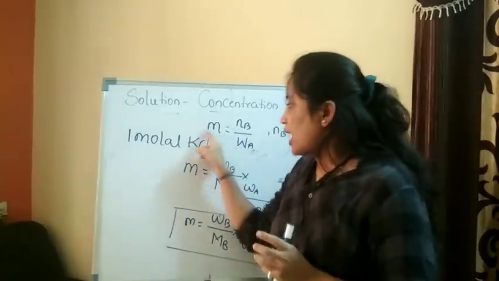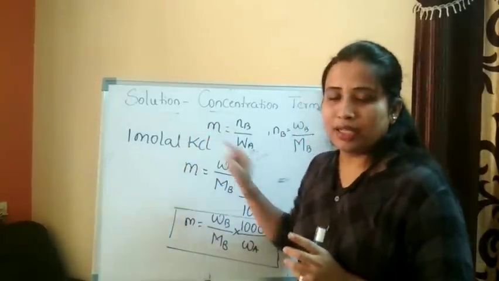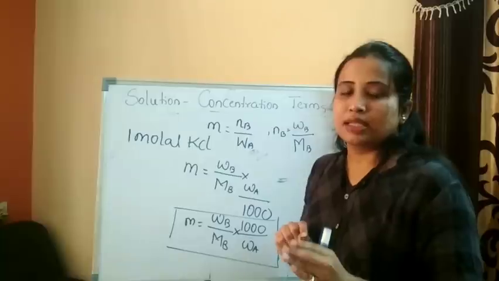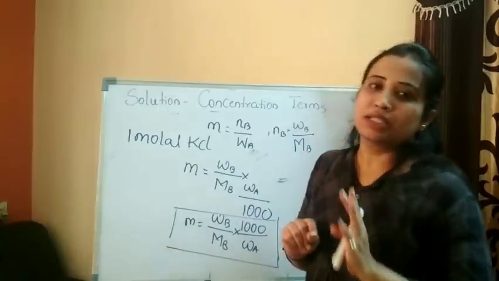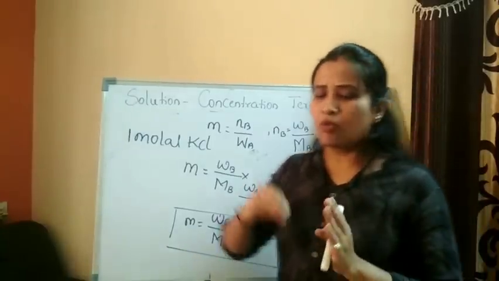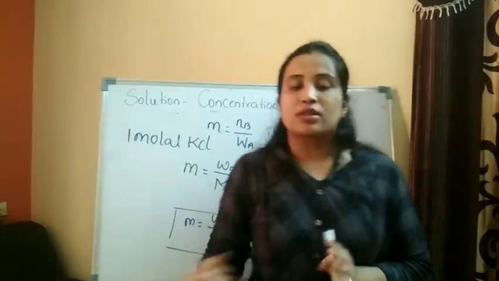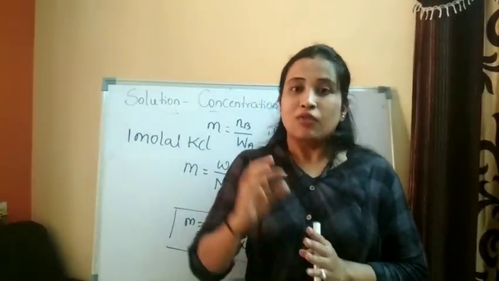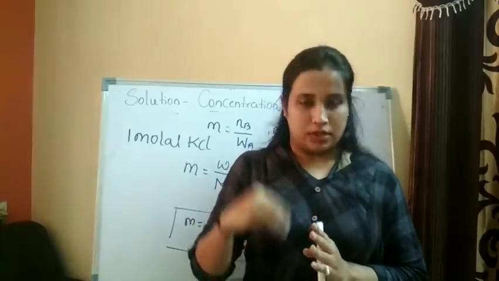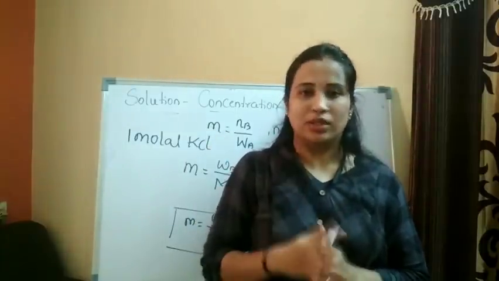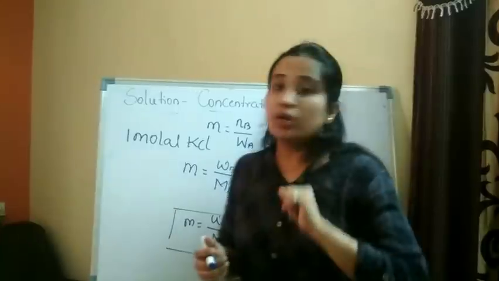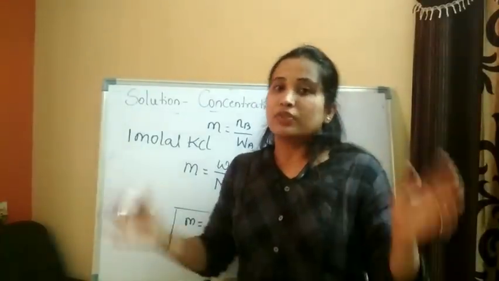Okay, here the molecular weight we take of potassium chloride, that is nothing but 1 mole of the substance. So similarly, for example, 1 mole of sodium hydroxide, its molecular weight, that is 40 gram of sodium hydroxide, is equal to 1 mole. So quite simple. Okay, so how are we going to find the molecular weight? The sum of the atomic weights.